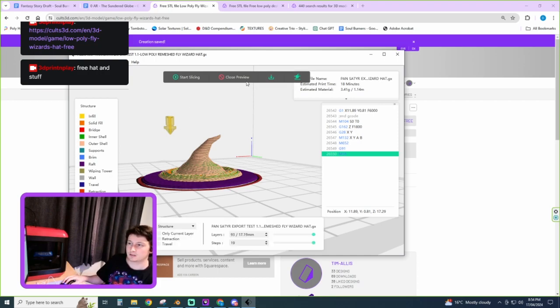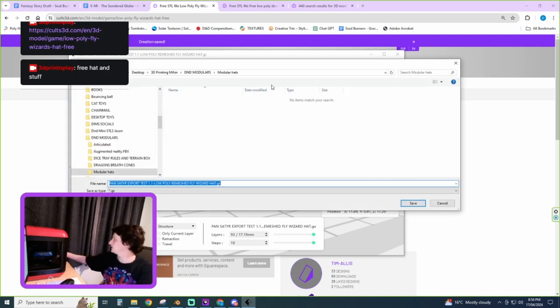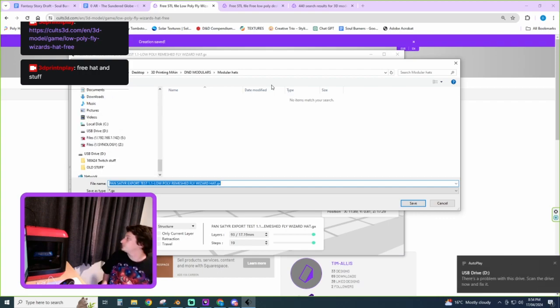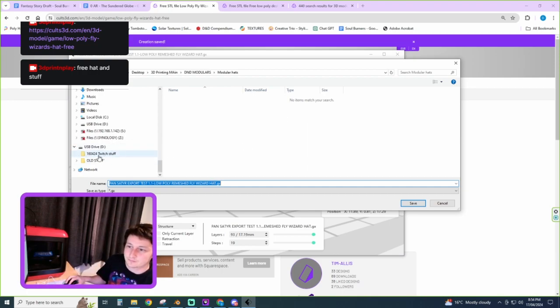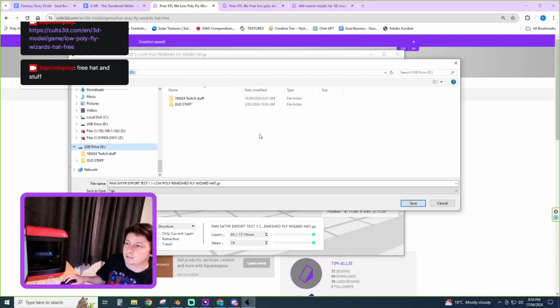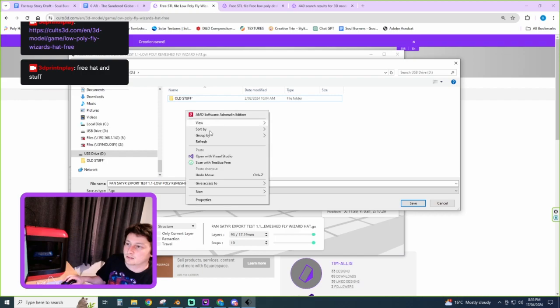Let's just put that save location. It's going to go into this USB here. The next thing I'm going to set up probably is removing the need for the USB transfer here, because I'm sure I can just directly plug that into the 3D printer there. I just haven't done that yet. So here we go.